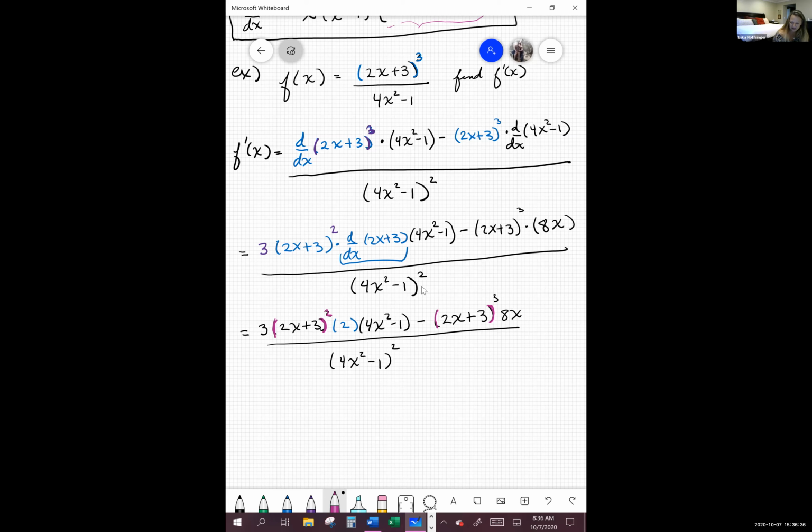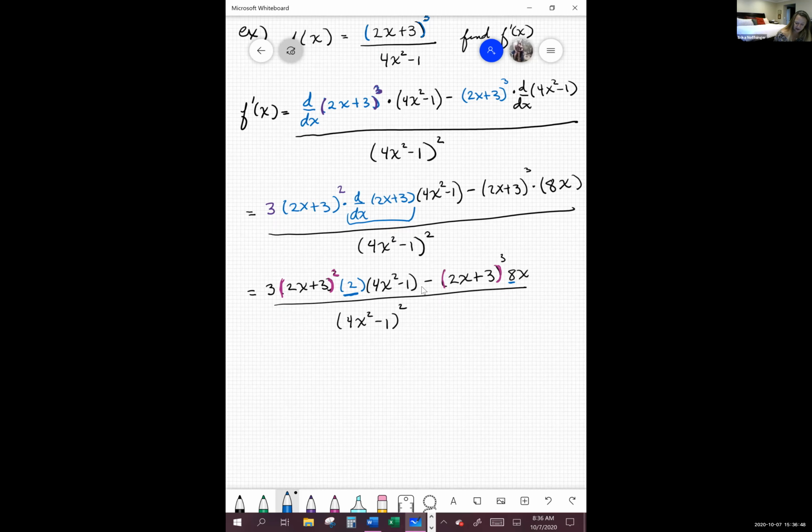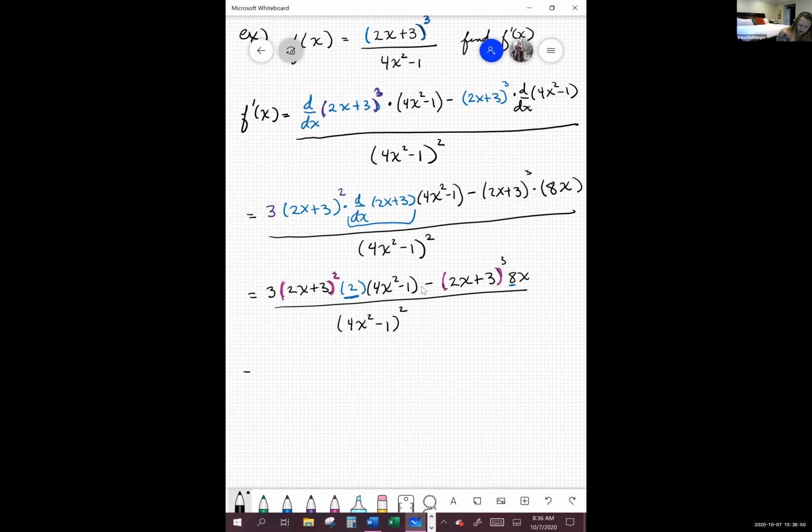The other thing that we have in common is a 2, so we can factor out a 2 from 2 and 8. So if we factor those out in the numerator, pulling out a 2, pulling out the parentheses 2x plus 3, quantity squared,